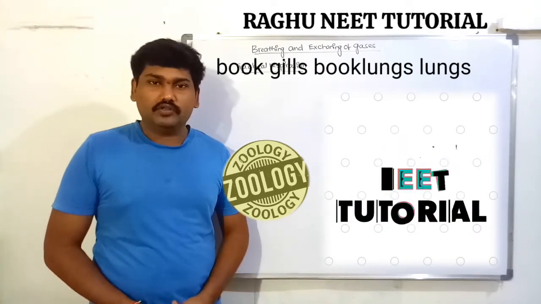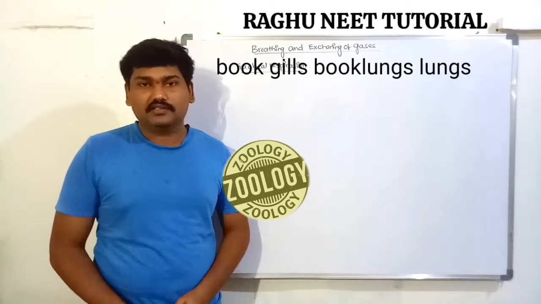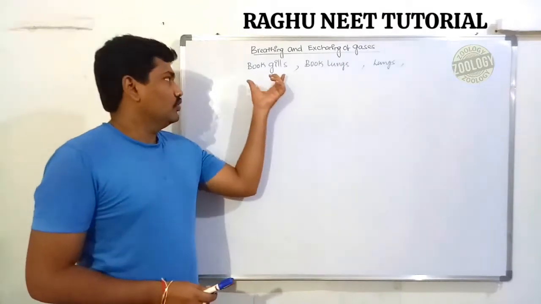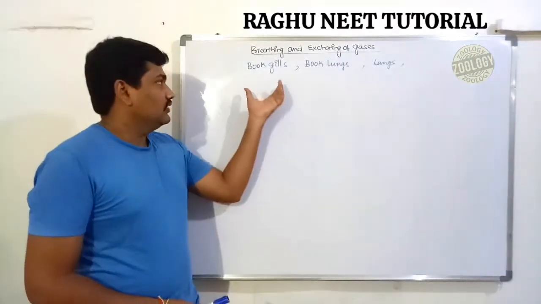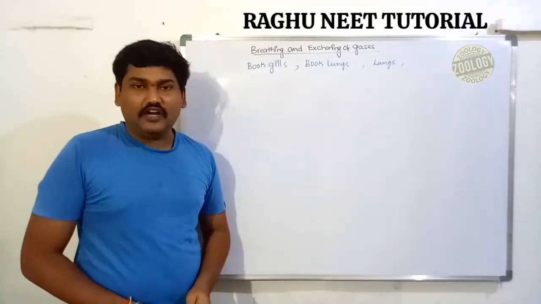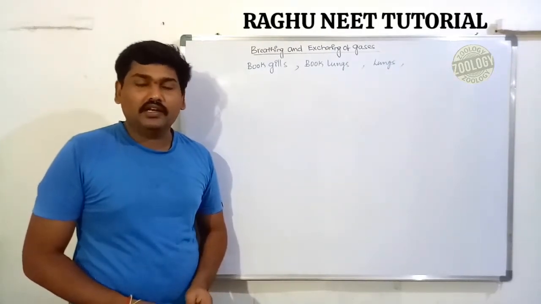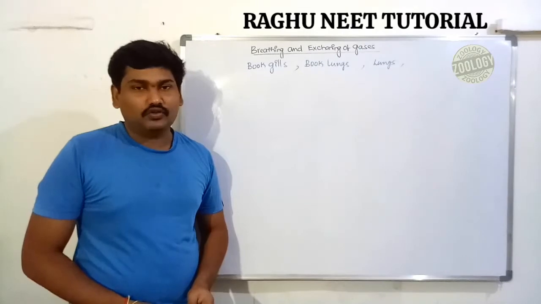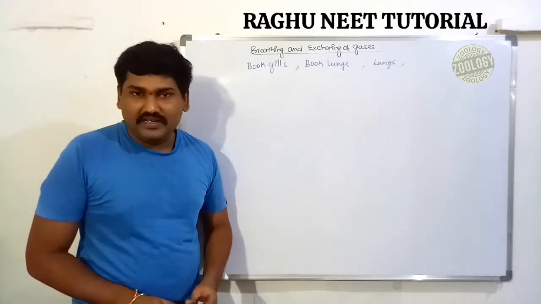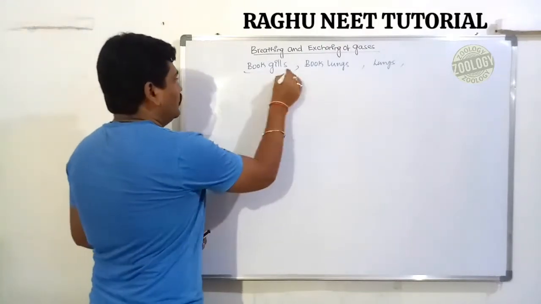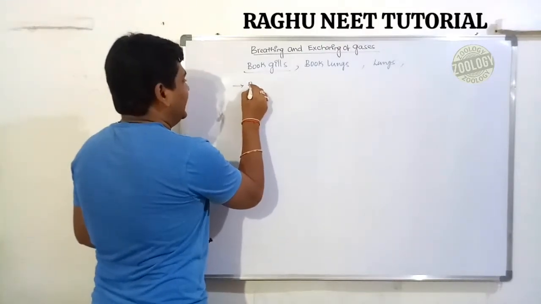Today we are discussing the types of respiratory organs known as book gills, book lungs and lungs. So what are book gills? Book gills are one of the respiratory organs in most arthropods. Example, king crab. Book gills are majorly one of the respiratory organs